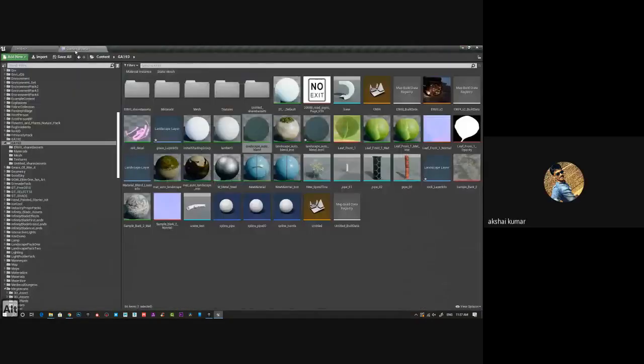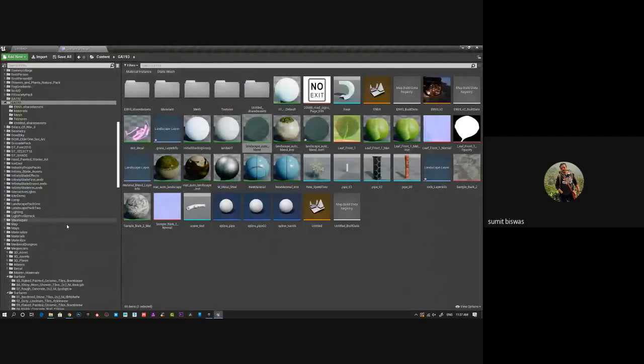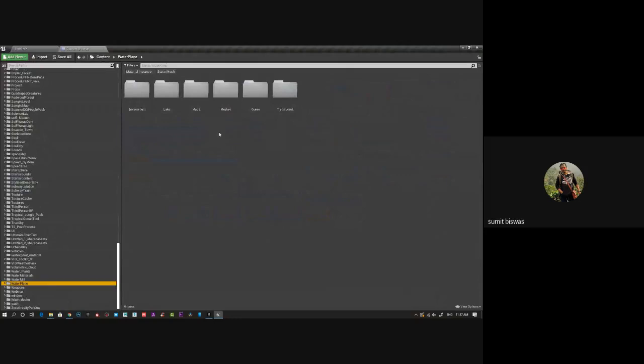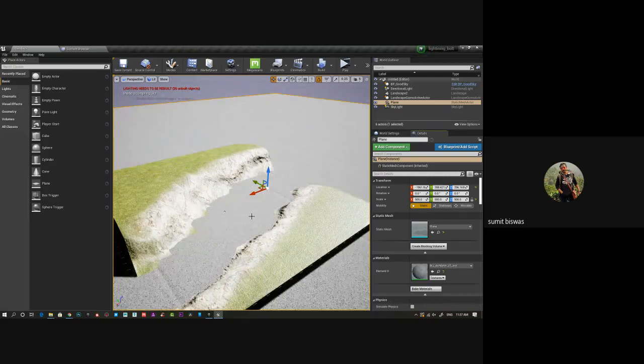I guess I have a water material already, a water plane. I have water. So like this, and this material is by default available in Unreal